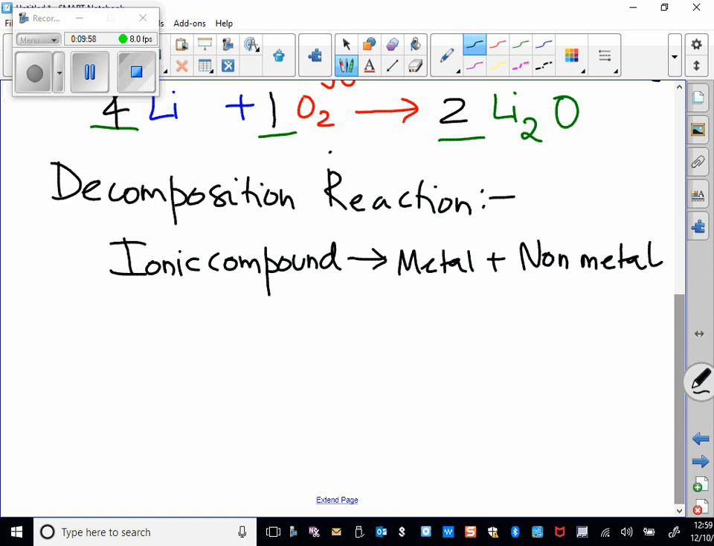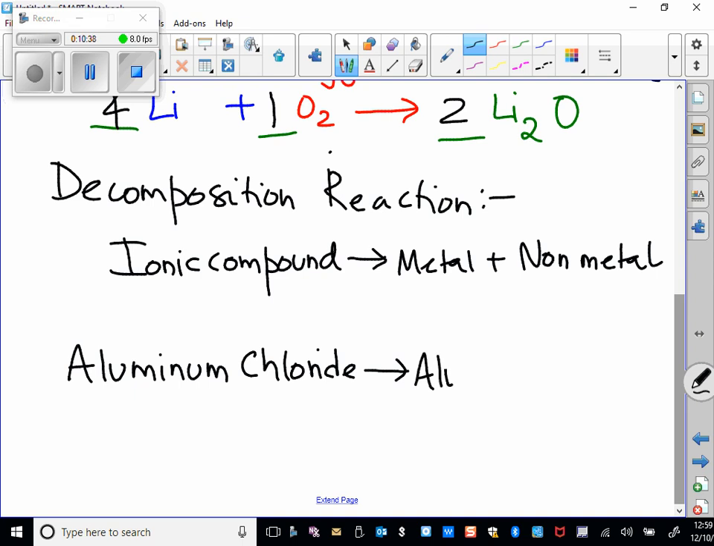they have said molten aluminum chloride is electrolyzed. Underline the word molten. Molten means liquefied, not dissolved in water, but it is melted. The solid is melted to become a liquid. Now, the given substance is aluminum chloride. What do you think it will break apart into? Aluminum